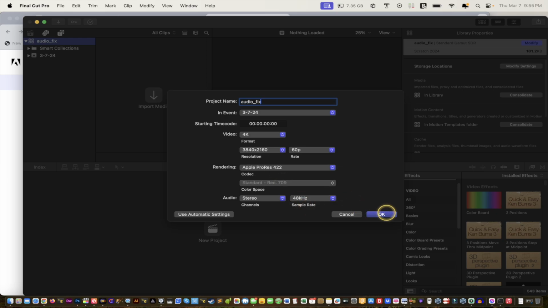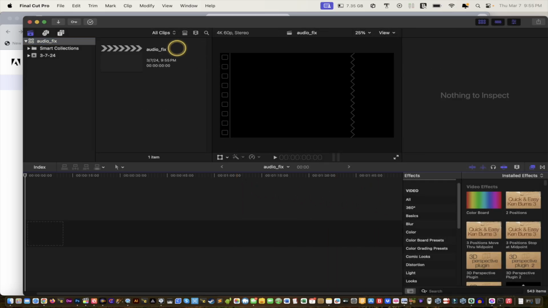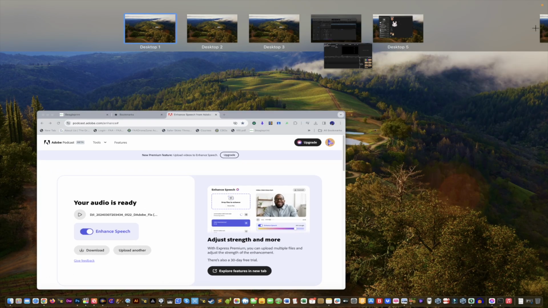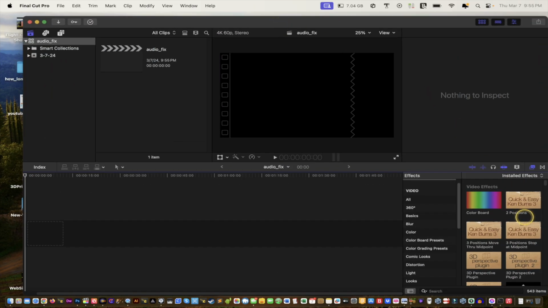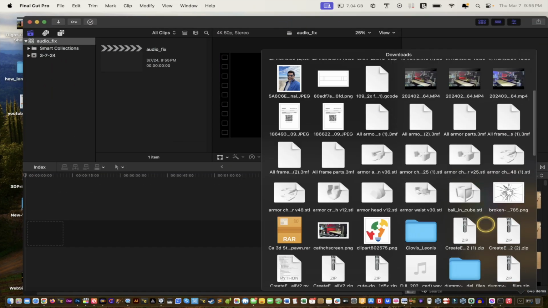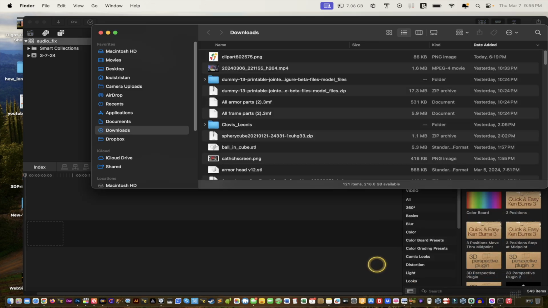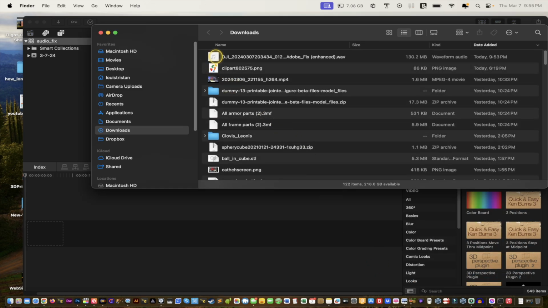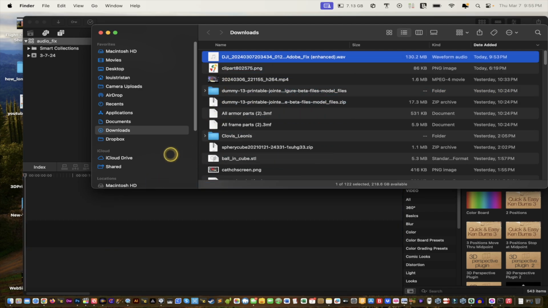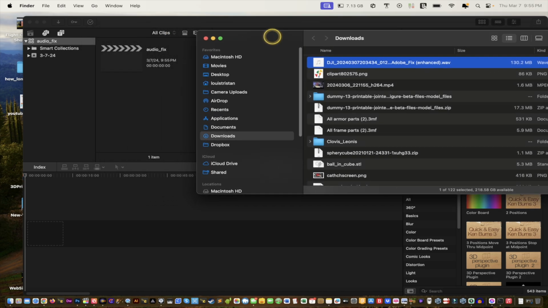Fix. Click OK. All right, so now we're just gonna bring this onto here so that we have that there. And then we're gonna go into our downloads folder and open up file. And then we'll put the audio fix in. Actually, you know what? We'll do that last because we want the timeline